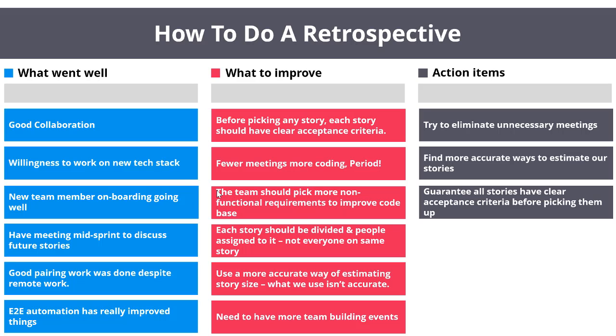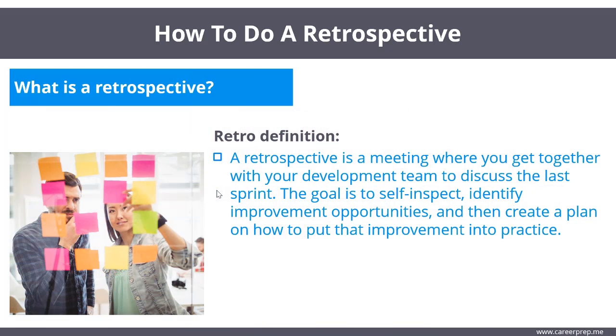How to do a retrospective in Scrum. If you aren't familiar with Agile, you must be wondering, what is a retrospective? A retrospective is a meeting where you get together with your development team to discuss the last sprint. The goal is to self-inspect, to identify improvement opportunities, and then create a plan on how to put